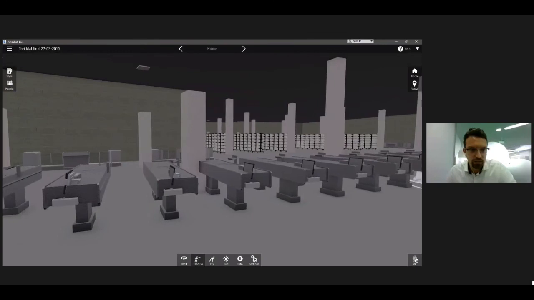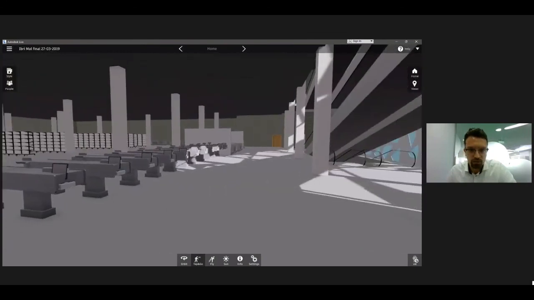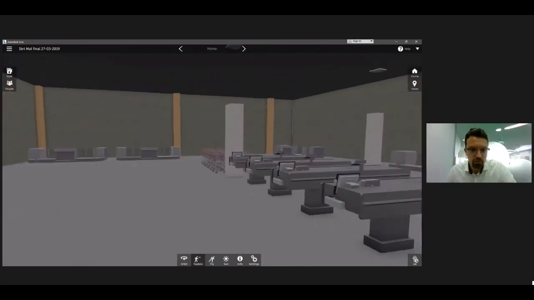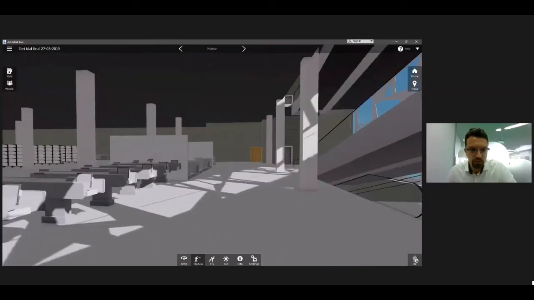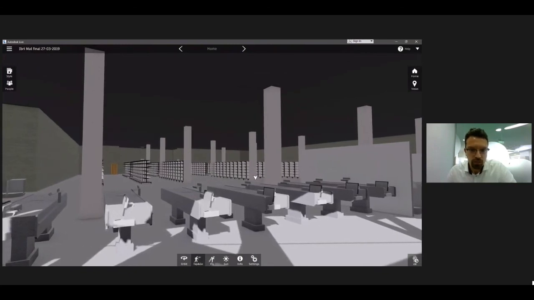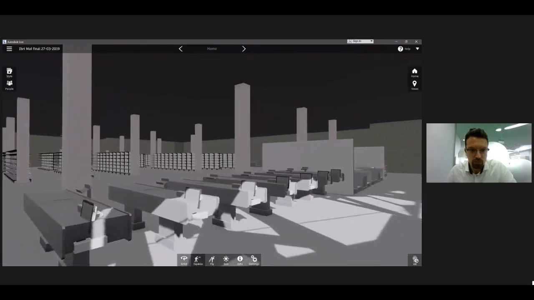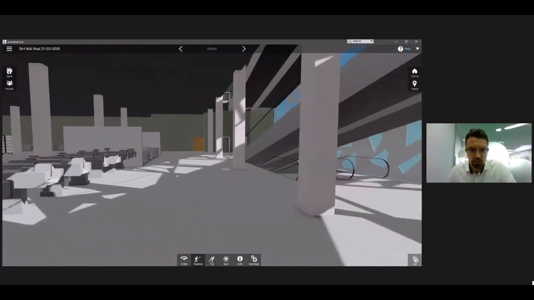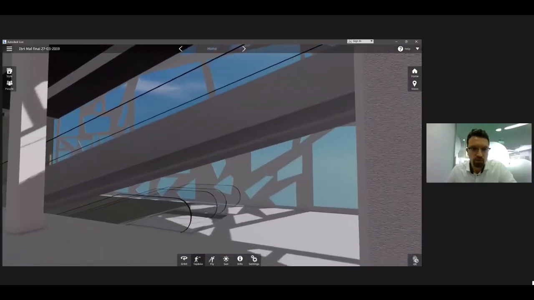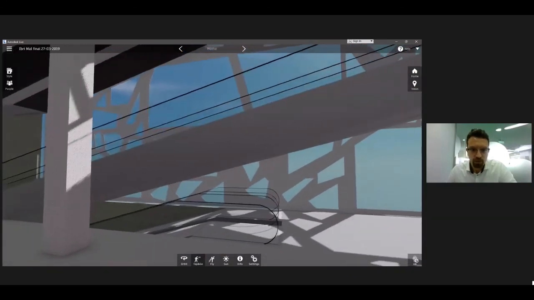Here is a hypermarket which we designed, and here we have modeled everything, and we are able to move inside and understand the impact of the columns on the shelves that spread out through the hypermarket, and then the cashiers, how they are distributed in front of the facade, and how the lights will be going on, the natural light